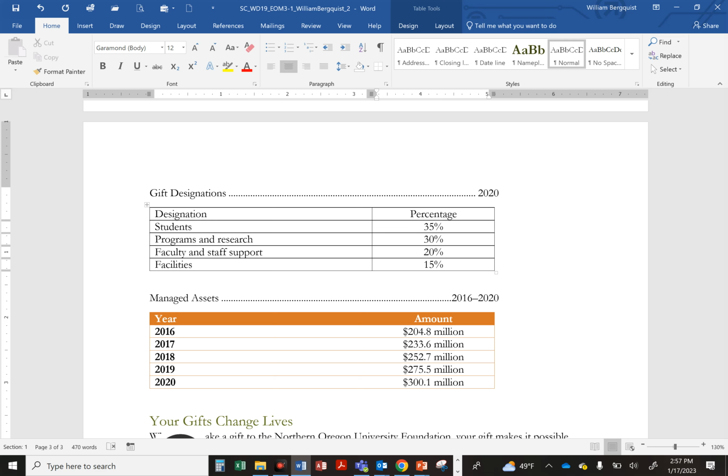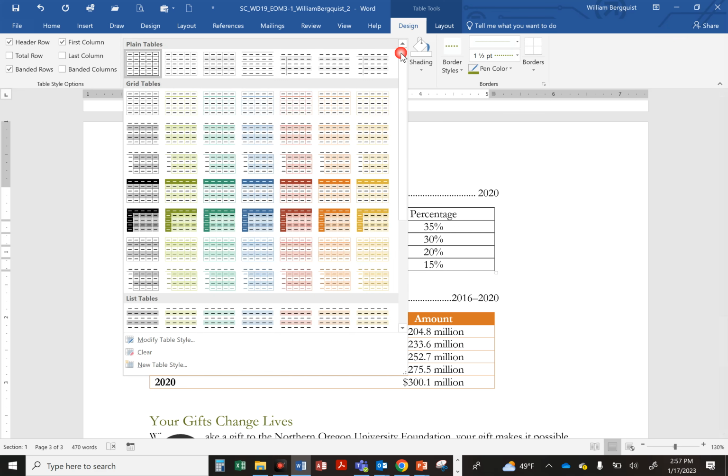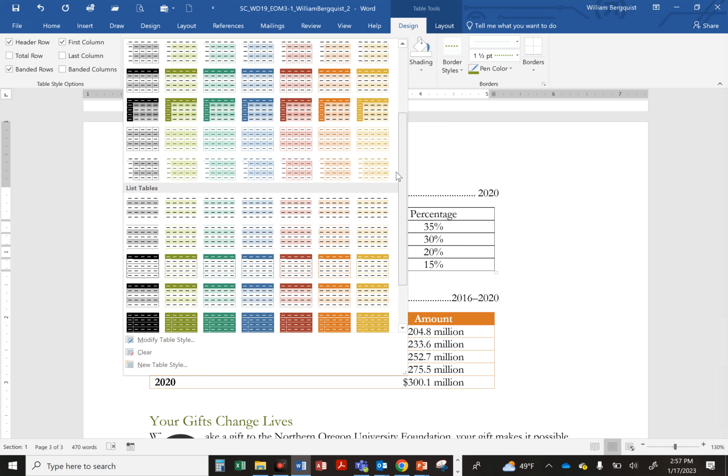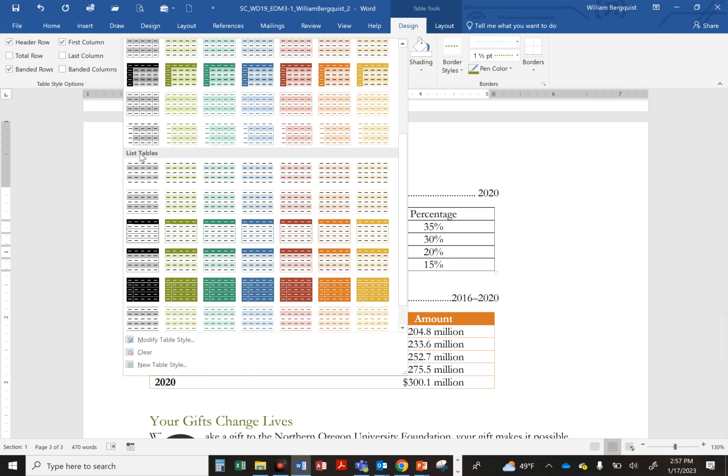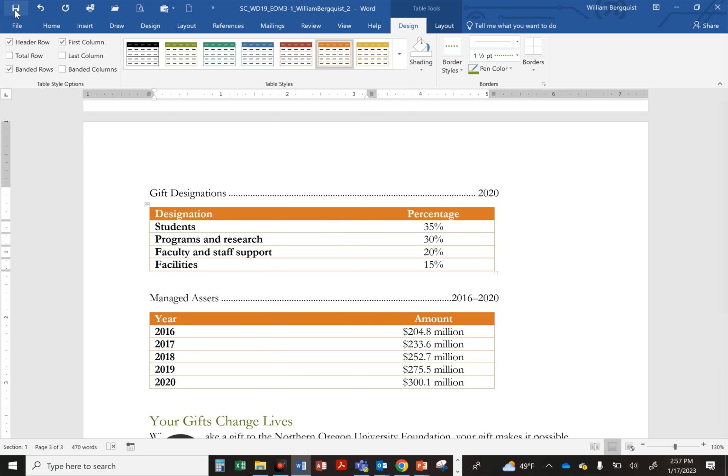Apply the List Table 3 Accent 5 table style to the table. Basically, I want this table to look like this table down here. So with the cursor anywhere in the table, go to Design. Here are my table styles. I'll scroll down. There are my list tables, and it's right here. List Table 3 Accent 5. I'll save my file. Number 10 is complete. Number 11,